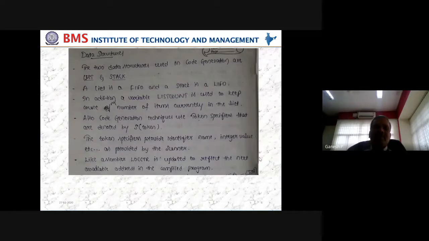Today's programming languages are very, very complex. They involve every concept of programming. If that is the case, we need to provide facilities to manipulate them and engage with them. So that is how we have these two minimum data structures, but there might be many more other data structures as part of our code generation process. But to understand at the basic level, let us understand that the stack and the list or queue are part of the data structures in general.